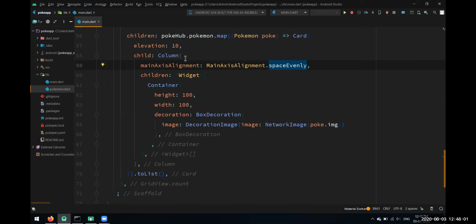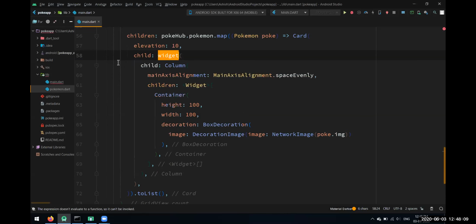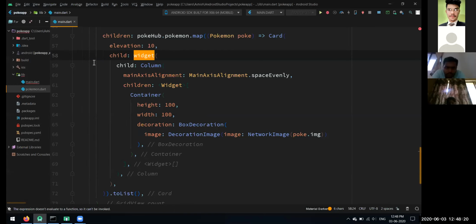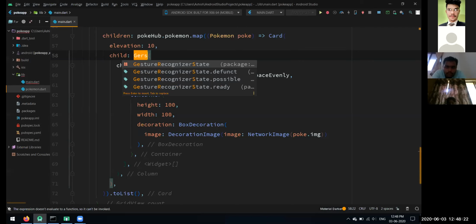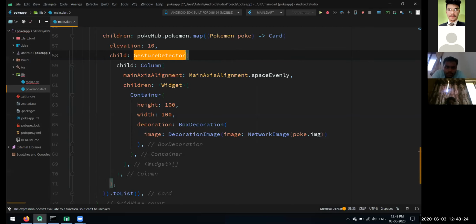We'll wrap it with a gesture detector because we are going to take this data to some other page. Using a gesture detector, we can have on tap and on pressed functionality.